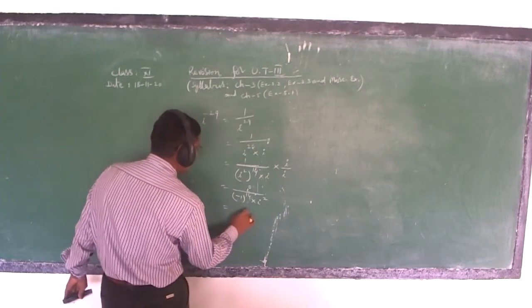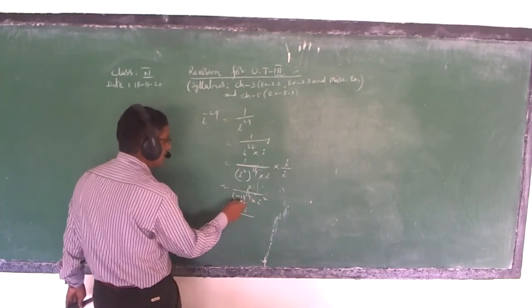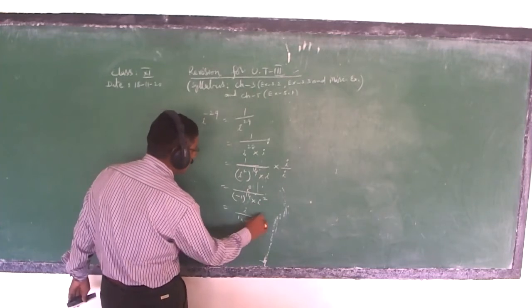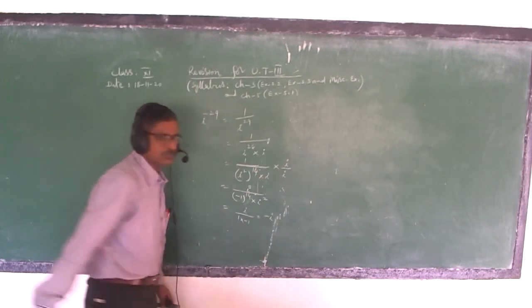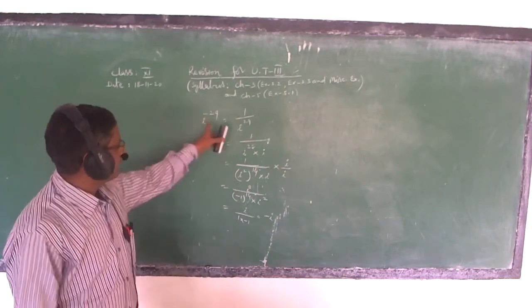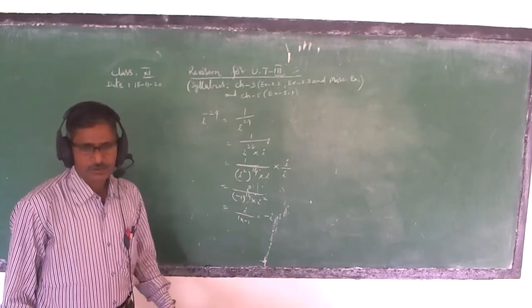So this is i upon (i square, minus 1) whole power 14, which is an even number. So we get plus 1 multiplied by i square value, which is minus 1. So this is finally minus i. This is how we find i power negative numbers also. In this way we can find out, right?